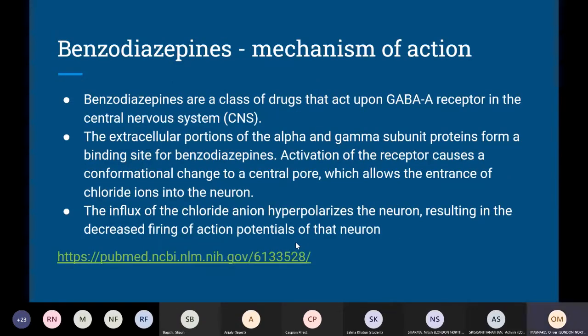And the mainstay of treatment for agitation is benzodiazepines. So just a quick recap on how they work. So they're a class of drug which act upon GABA receptors in the central nervous system, specifically GABA A receptors. So they bind to the alpha and gamma subunit of the GABA A receptor, causing